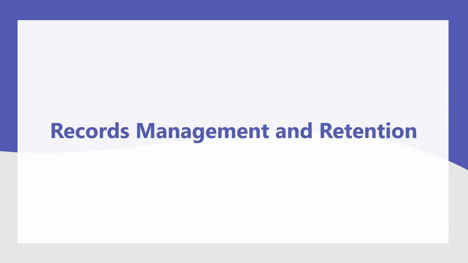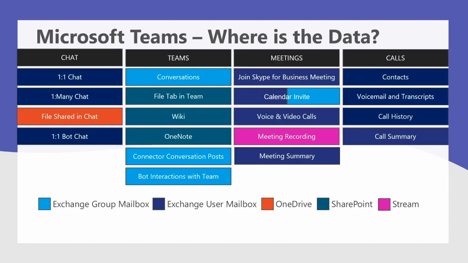All right, records management and retention. So the most important thing for managing retention in Microsoft Teams is to understand where the data actually lives. Where does it actually sit and where is it stored? So what I've done here is list out all of the different functionality that's available in Teams, and then use the color to say